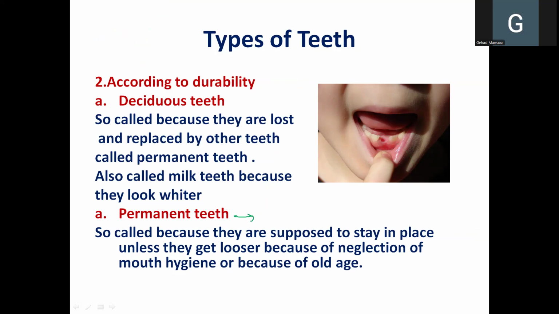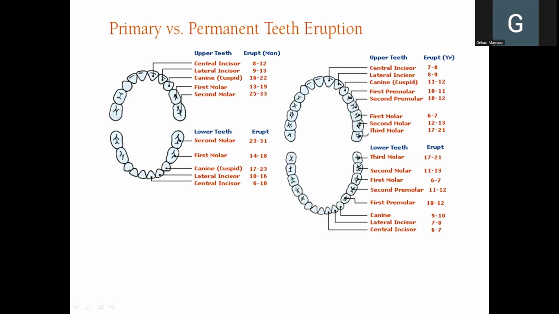And they become replaced by the permanent teeth, as I said before, that are supposed to stay in place unless they get loose because of bad oral hygiene. And here we have a rapid overview of the teeth. Of course, these are the milk teeth, and they are only